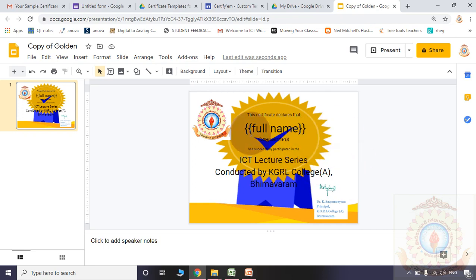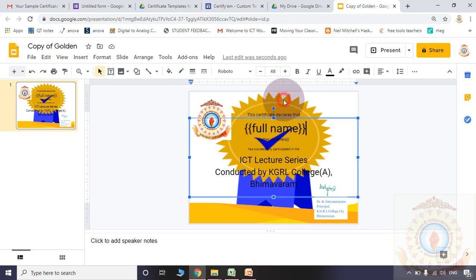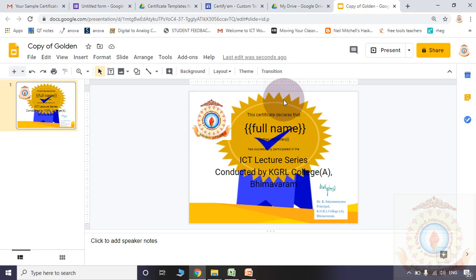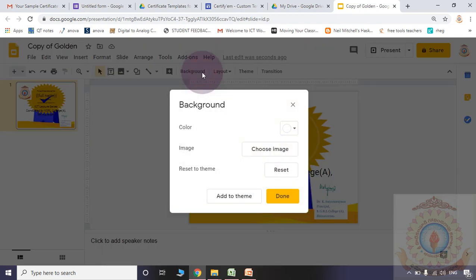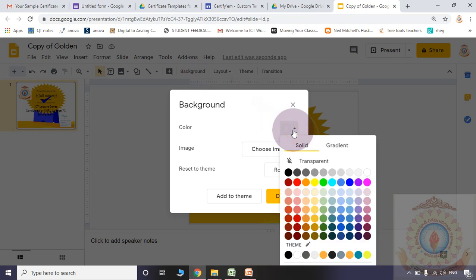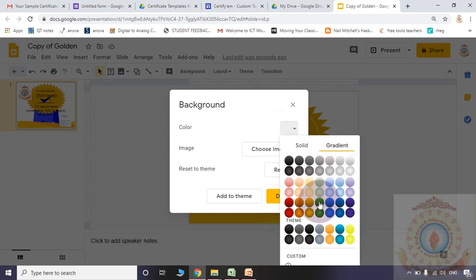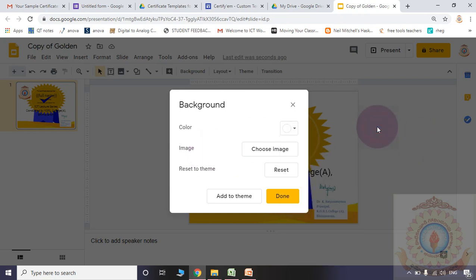Here in the background option, simply I added a badge. Even you may add a color or gradient or image. In the place of background, you may add color or gradient or image. That is as per your wish.